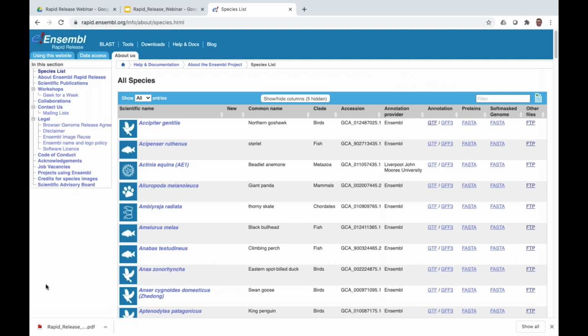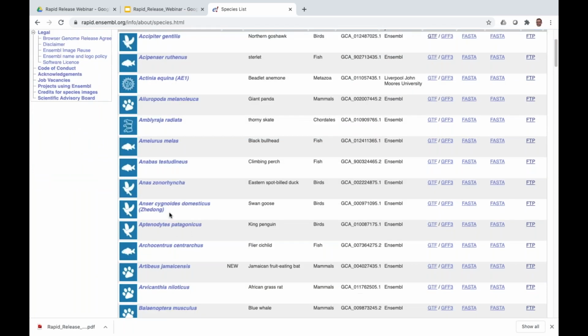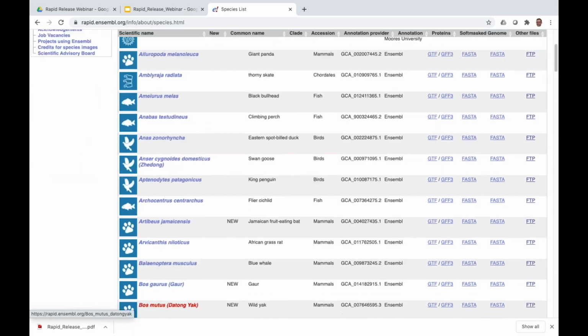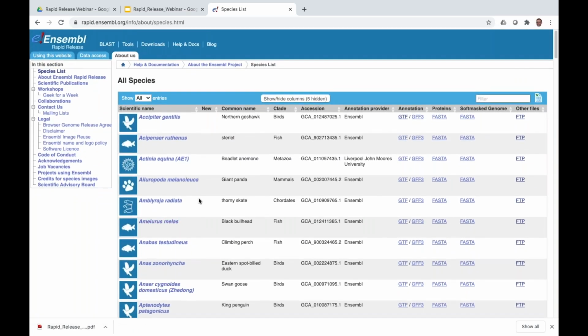This will take you to a page where you can find a table with all the species. Large, searching through it, and you can use the filter in the top right-hand corner here to search for your species of interest. So you can see in the table we have the scientific name, but also the common name